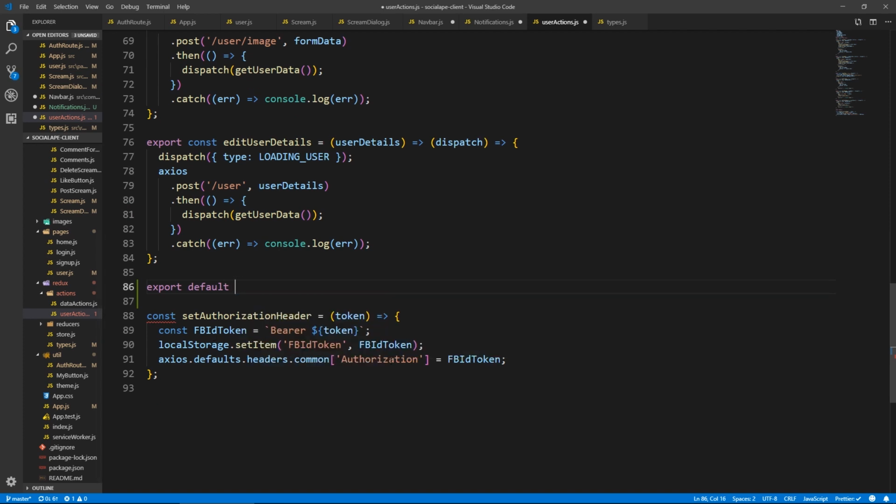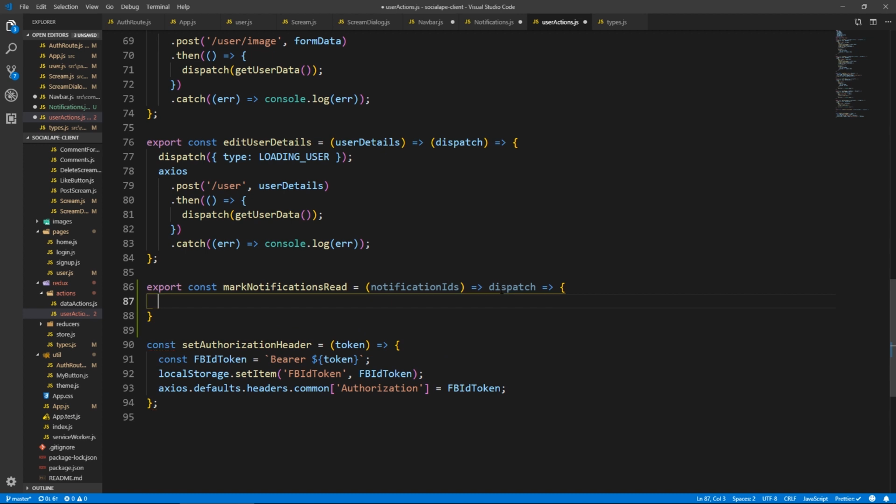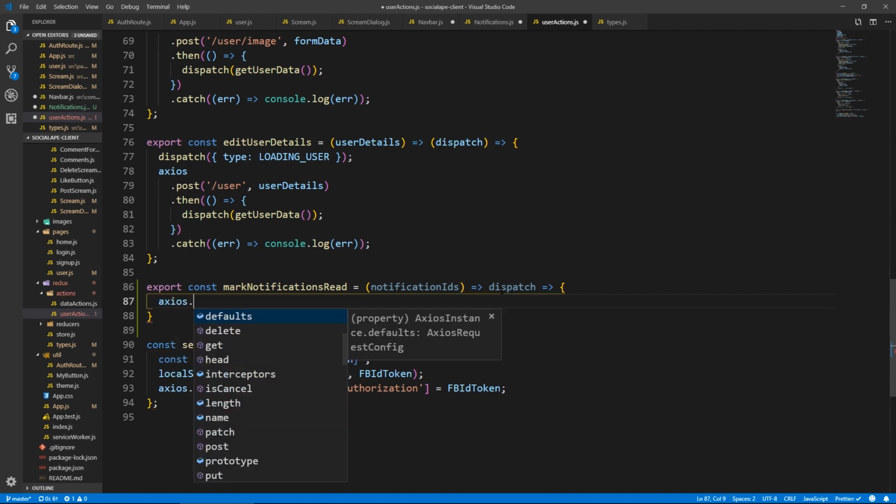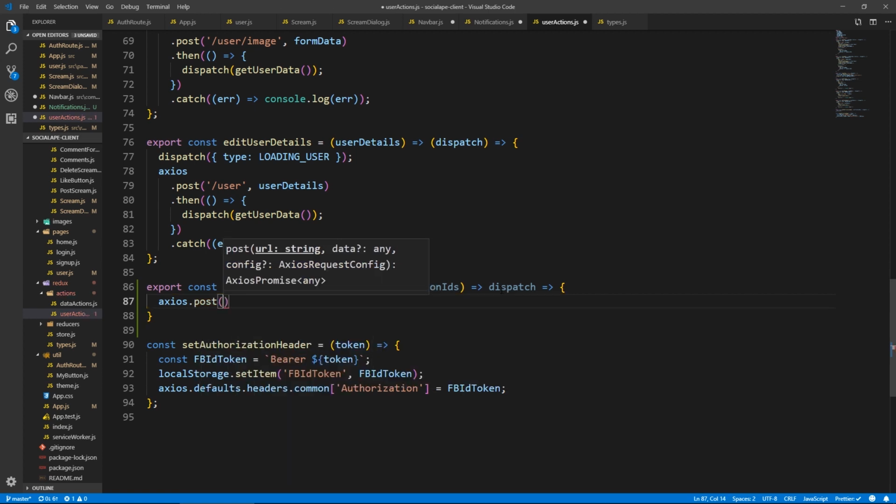Here let's say not default, export const mark notifications red, and here it will take, let's call it data for now, or let's just call them notifications. Actually they're an array of IDs, so let's say notification IDs, and it's gonna take dispatch, and here we just need to send an Axios request. So .post to /notifications,